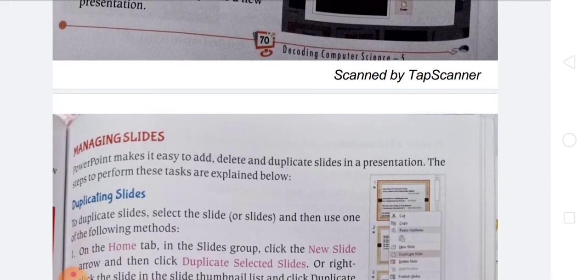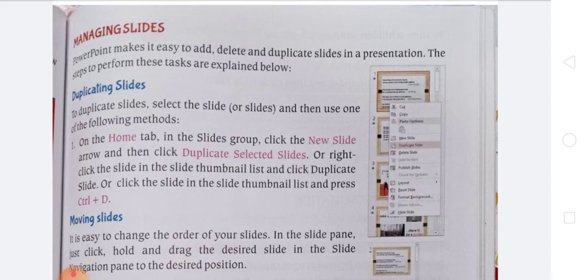Then, managing slides. PowerPoint makes it easy to add, delete and duplicate slides in the presentation. The steps to perform these tasks are explained below. So, duplicating a slide. How do you duplicate a slide? To duplicate a slide, select the slide first, then use one of the following methods. First one, on the Home tab go to the Slide group, then click on the New Slide option, and after that click on Duplicate Selected Slides,